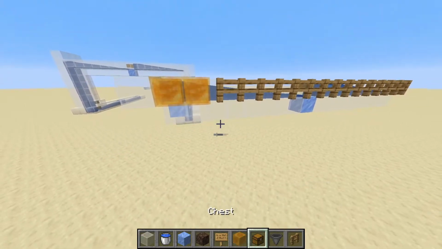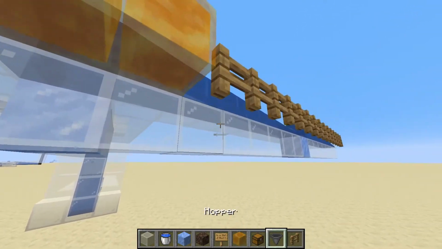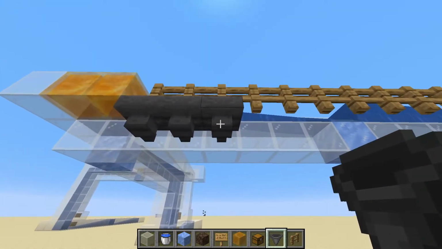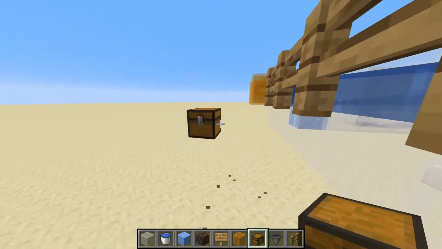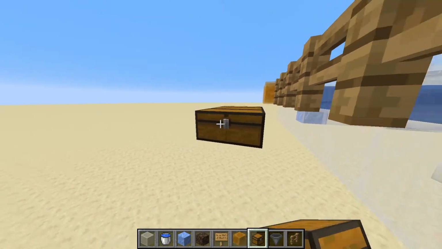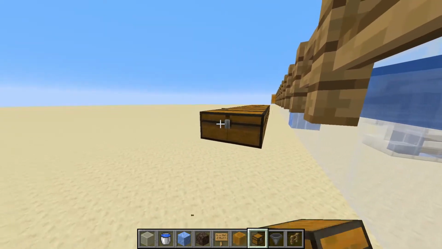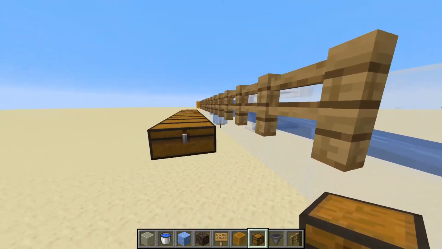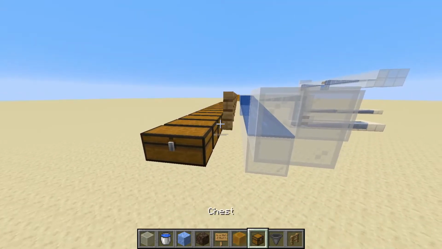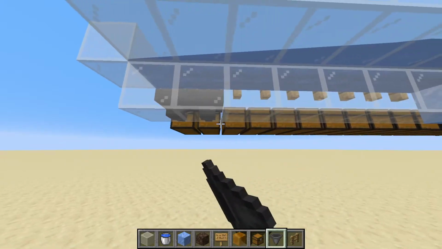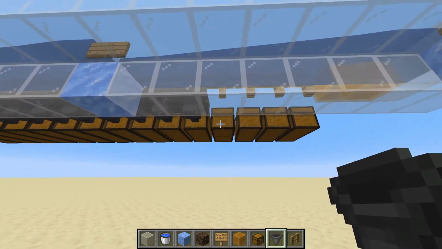So you can do pretty much anything you want, you can have item filters and whatnot, but the important thing is that we're going to want to have our hoppers on this block right here, this block, so on. So for example, a simple thing we can do is just set up some chests over here. So we just set up chests on these blocks, all the way down, like so, all the way to the end. As long as they're underneath or near the fence blocks right here, they should be just fine. So I'm going to go ahead and place them down, and we can place down our hoppers facing into these chests, so we have to make sure we're facing them from this side so they face into the chests, but they're also underneath the fence posts.